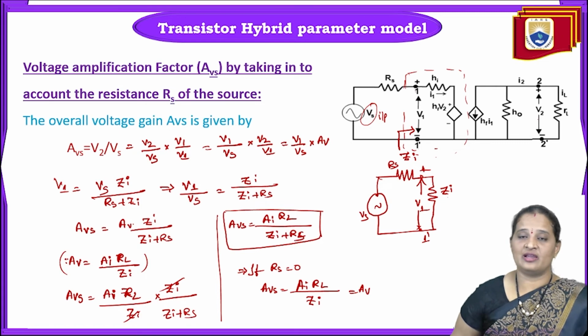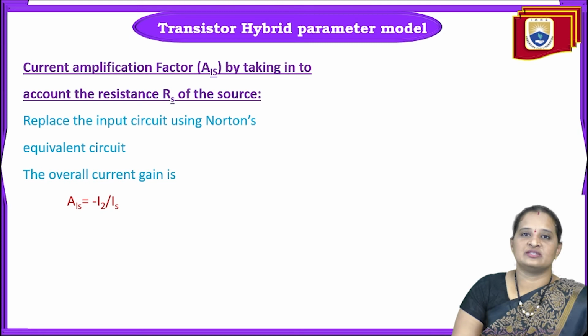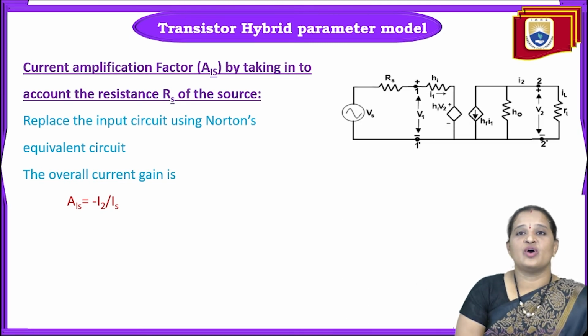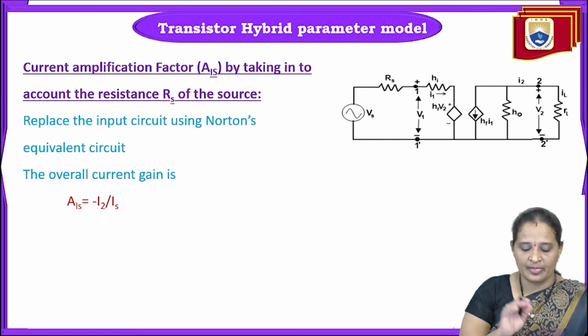Where while calculating AV, we did not take any voltage source into consideration. Now in a similar fashion, we are going to find out the overall current amplification factor, by taking into account the source resistance. Okay, so now